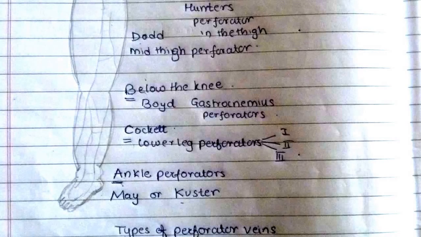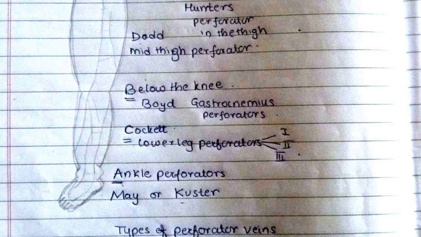Hi everyone, we are going to learn about perforator veins today, and these are veins that connect the superficial to the deep veins at various levels. They travel from the superficial fascia through an opening in the deep fascia before they enter the deep veins. The direction of blood here is from the superficial to the deep veins, and these perforators are guarded by valves so that the flow is unidirectional, that is towards the deep veins.